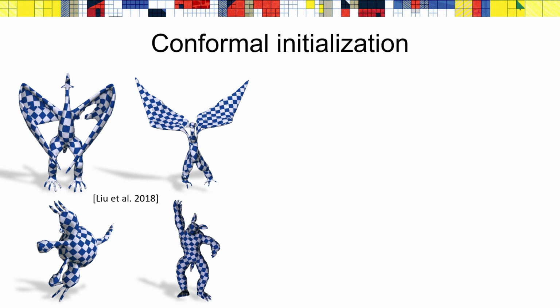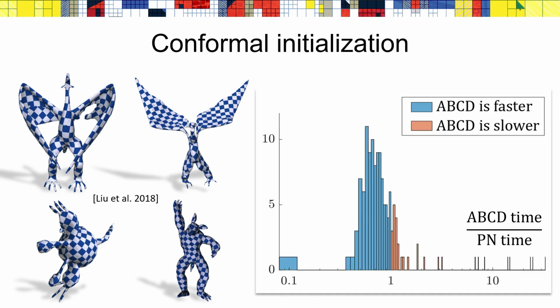We tested our approach on the progressive parameterization dataset. In particular, we selected meshes on which BFF fails to construct an inversion-free map and compared our conformal linearization approach with a standard isometric parameterization. Here is a summary of our results, illustrated as a histogram of runtime ratios between the two methods. In the vast majority of cases, depicted by blue bins, ABCD with BFF initialization runs faster than projective